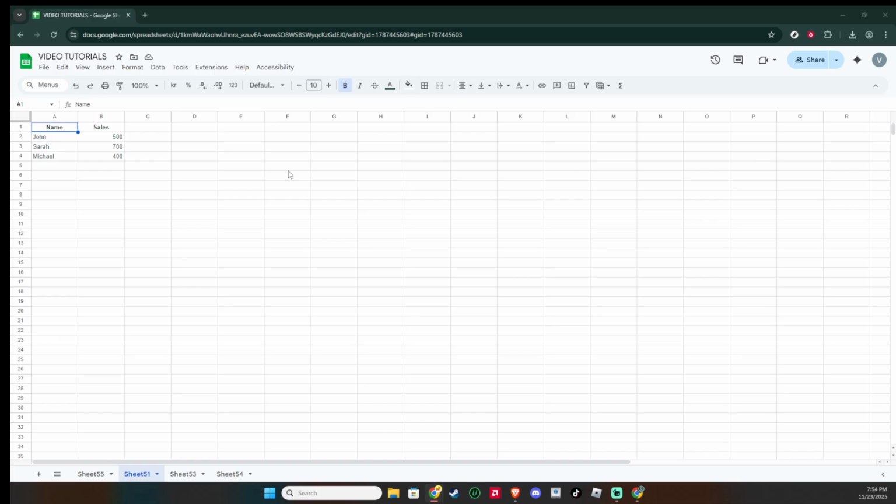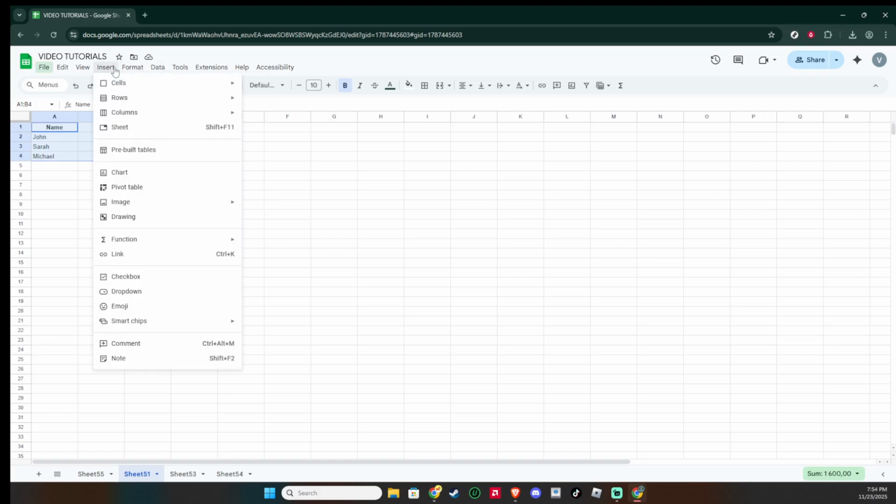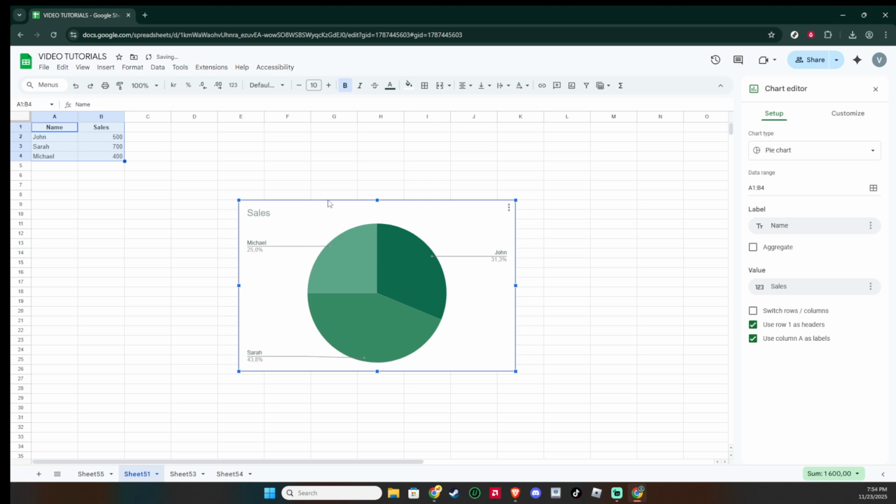Start by clicking the chart you want to modify. You'll know it's selected when you see a border and small handles around it. Selecting the chart ensures the tools you need appear in the interface and that any changes apply to the right